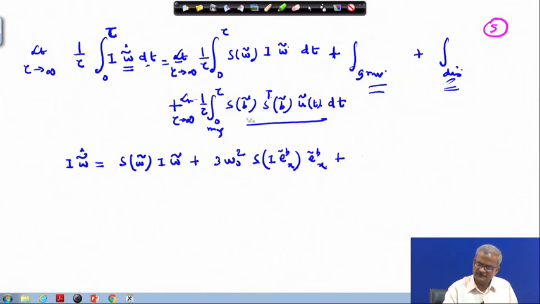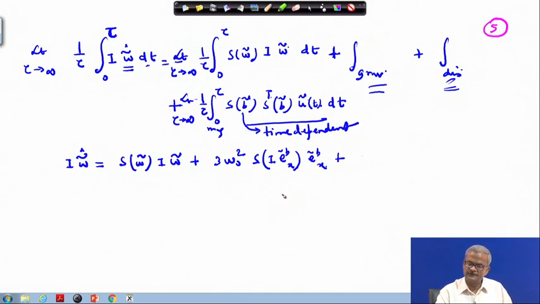However, this term here is time dependent, this B is time dependent, and therefore we just cannot do the averaging the way we are doing here for them. So, this we will write as limit